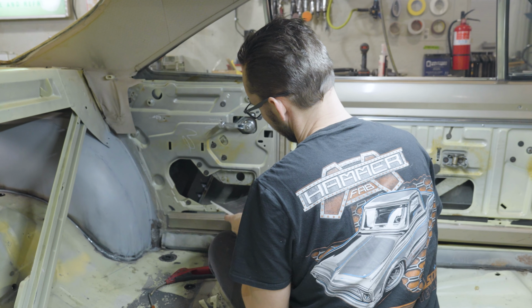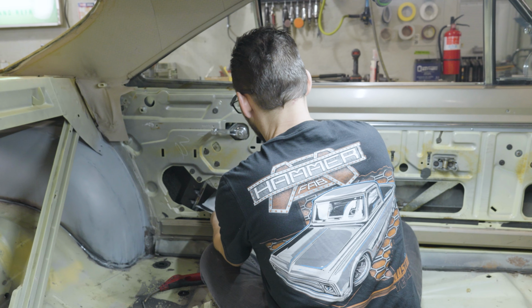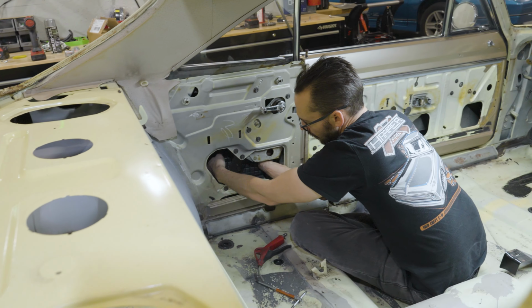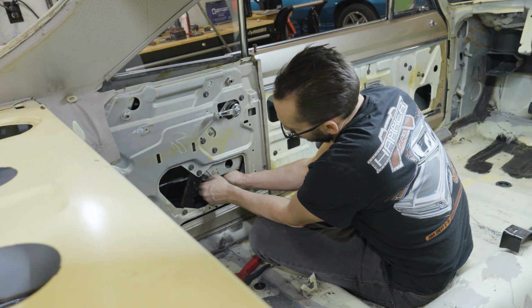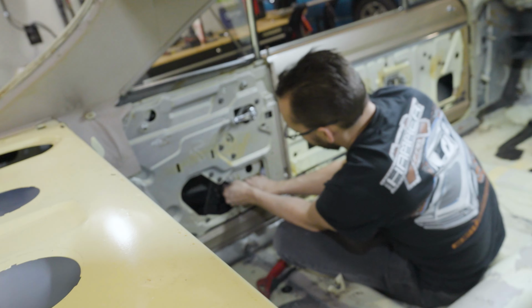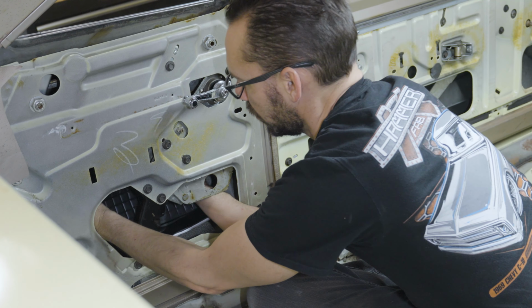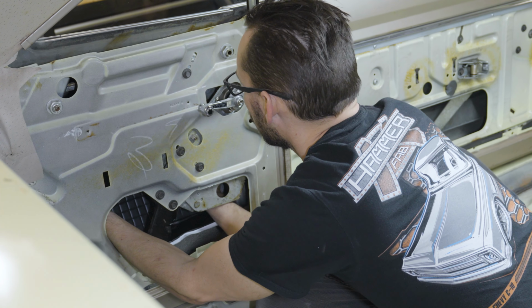I mean, I'm probably just gonna have to fold this thing up, get it in there. And I think what I'm gonna do is just peel the backer off once I get it in there. I'm gonna unfold it all the way first. Yeah, that's what I'm gonna do. I'm just gonna peel it off. I'm gonna start at the top, peel it down about halfway, quarter of the way, and then it gets really sticky after that. I'm gonna try and put this right up here in the main section of the quarter panel,